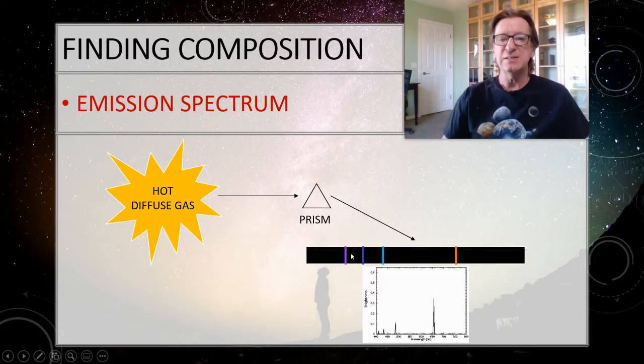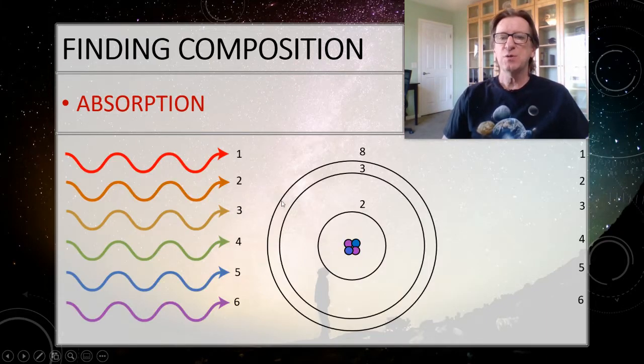So if I see a spectrum that looks like this, I know that I've got, in this case, hydrogen. Now it works the other way. Let's suppose that I've just got this atom sitting here, fat, dumb, and happy, hanging out. It's not getting any energy at all or anything like that. And I'm going to shine white light on it.